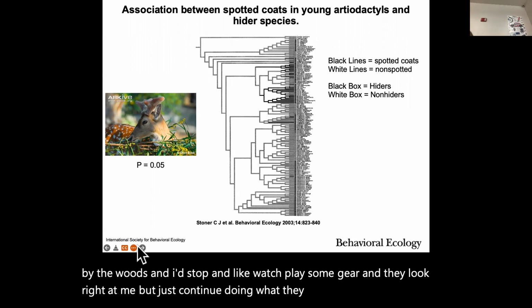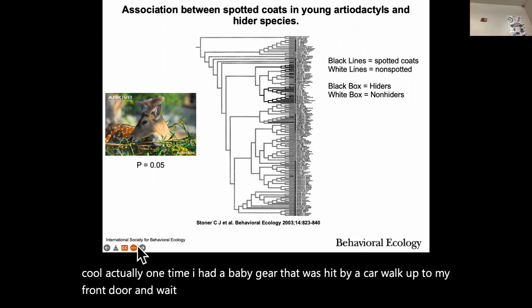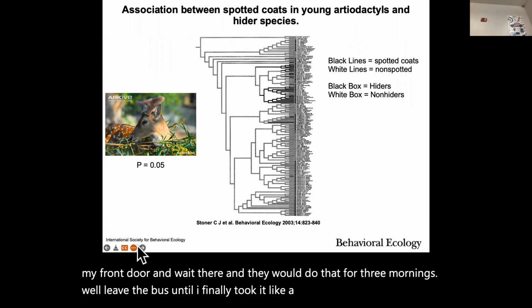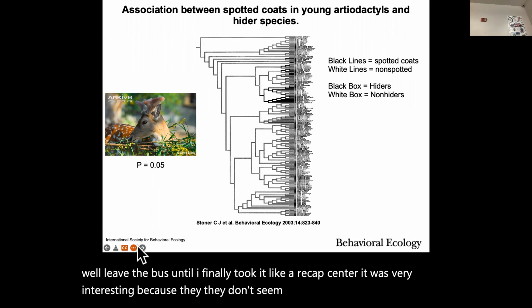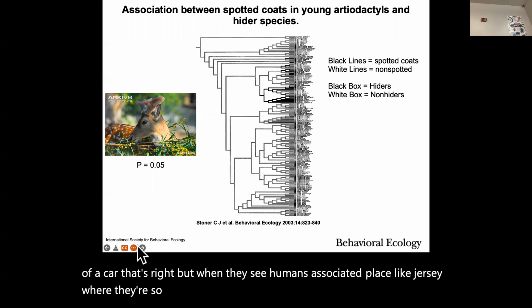That was really cool. Actually, one time I had a baby deer that was hit by a car walk up to my front door and wait there, and it did that for like 3 mornings while I was waiting for the bus, until I finally took it to the rehab center. It was very interesting because, of course, when they're in front of the car, that's fine, but when they see humans, especially in a place like Jersey where they're so common,